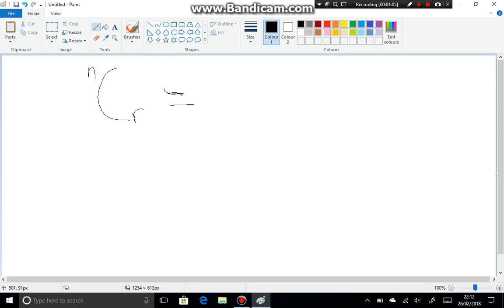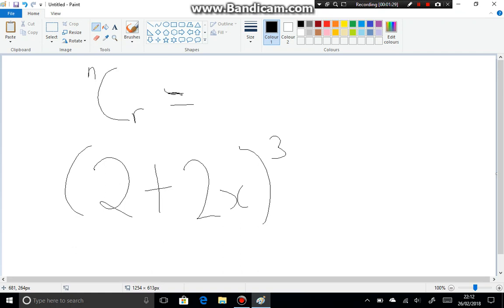So let's say we had some complicated question. If I just go back on that quickly, 1 is too easy. Let's say we had (2 + 2x) to the power of 3. Now we are meant to use the n choose r concept, and we will, obviously. So if I change the color here to make it more obvious for you, if I just take that much and remove it,